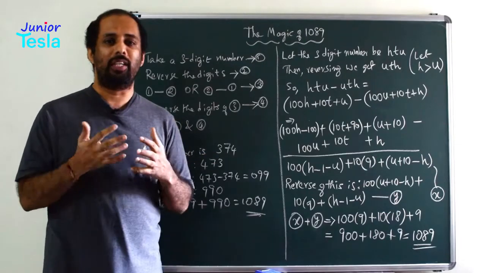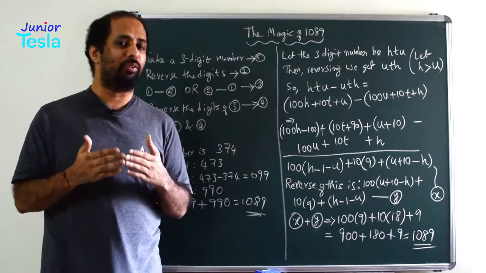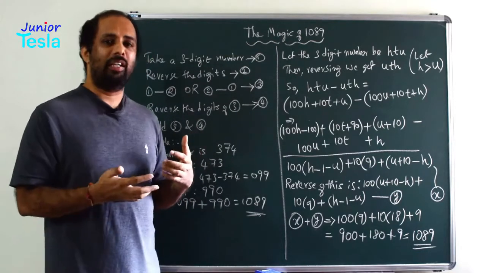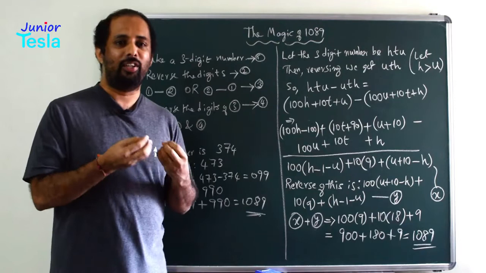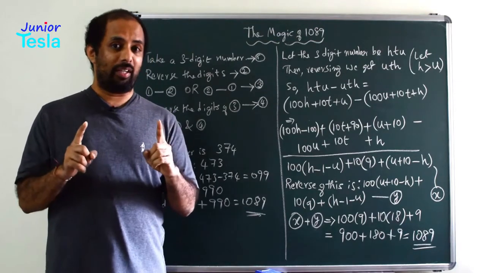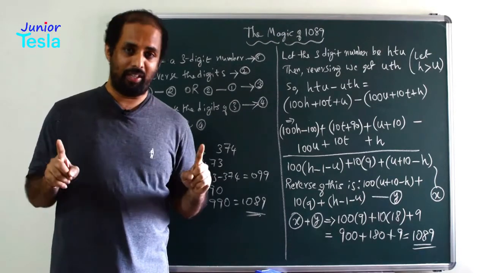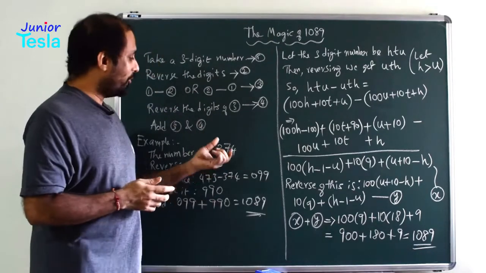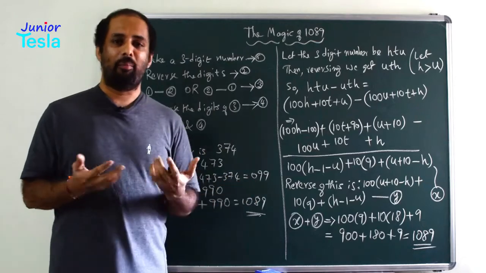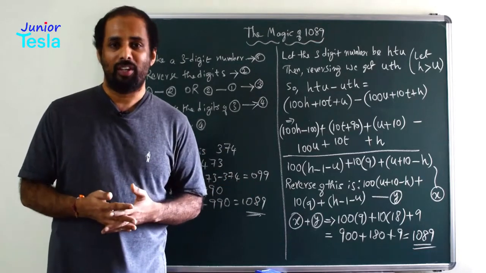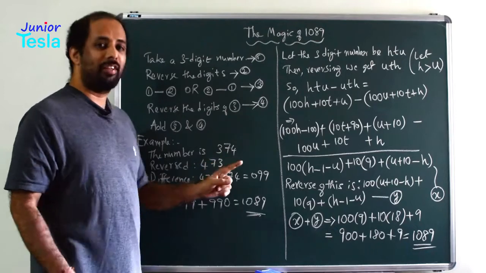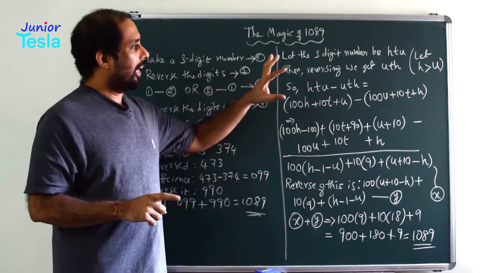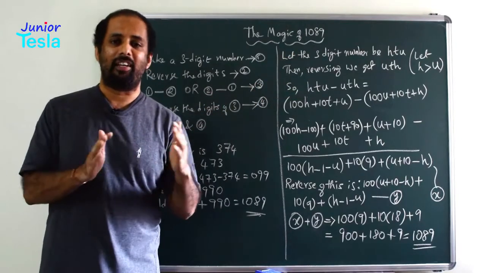Now when you are reversing the digits, what happens? HTU has become UTH. Now we don't know whether UTH is greater or HTU is greater. So for the sake of generality, we have assumed that H is greater than U. Now remember, those two letters cannot be equal. H should not be equal to U, because if they are equal, after reversing the digits, when you are subtracting, the difference becomes 0. So definitely the 100s place and units place should not be equal. So H and U are not equal. As a generality, we have taken H greater than U.